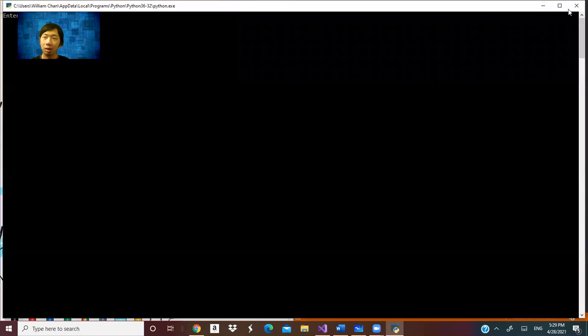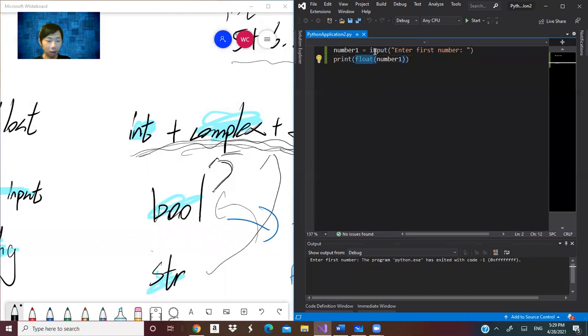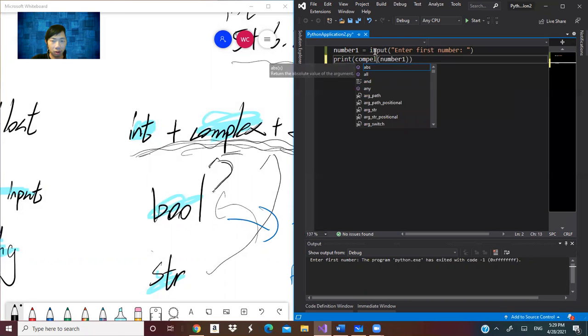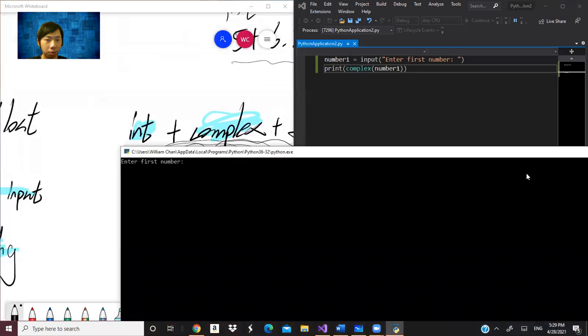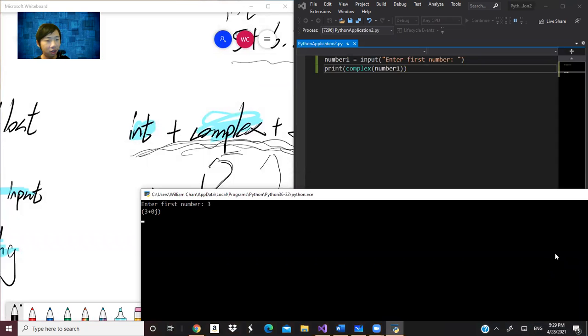But if you try the complex, you can change it to the complex. I hope you understand what the complex number means. 3 plus 0j. J is the imaginary number, like the i in mathematical explanation.